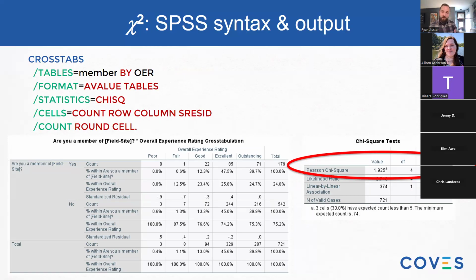So that is the number most people look to reference against their alpha, their type 1 error rate, and say, is this greater than or less than 0.05? In this case, it's greater than 0.05, so we are able to retain the null hypothesis and say there's no difference between members and non-members with respect to their overall experience rating. In this case, that's great. I'm able to demonstrate that if I like what I see as far as the overall distribution of OER, members and non-members are getting sort of an equitable experience, or at least that's one possible interpretation of this test result.